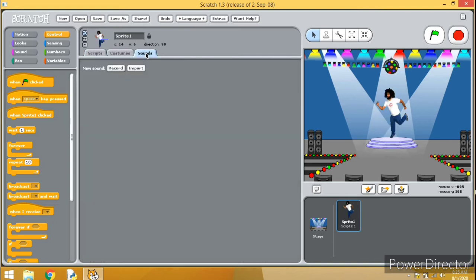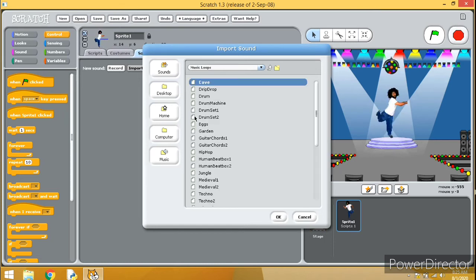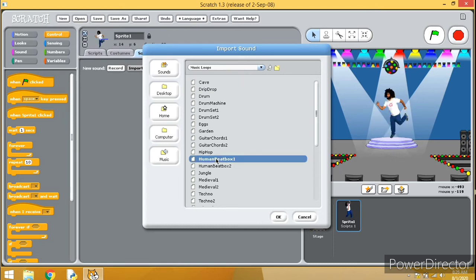Go to the sound option and import the sound. Let us have one of the sounds. We have music loops. Let us see these music loops. Let us take one of the options.